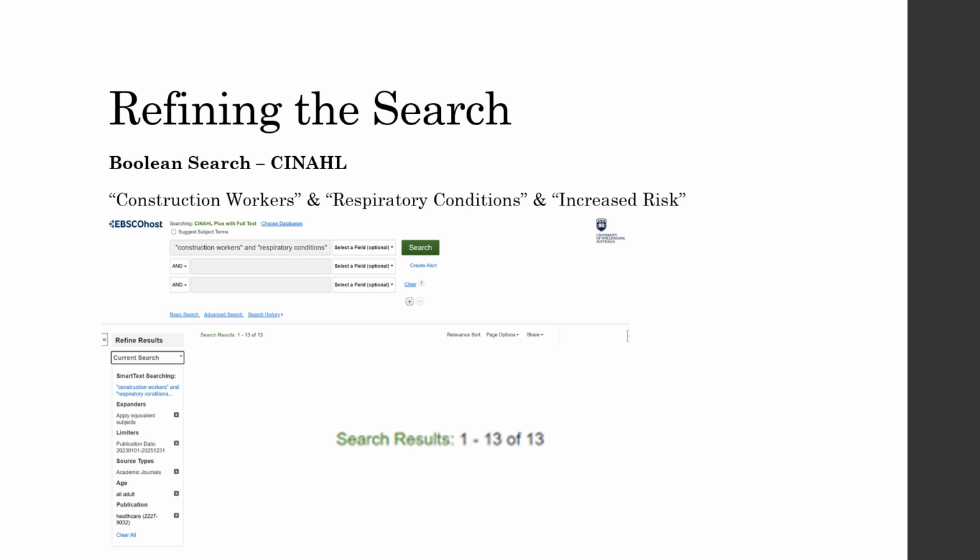I used my Boolean search phrase and the limiters of publications between 2023 and 2025, source types of academic journals, age, all adults, and publication of healthcare, resulting in 13 articles.